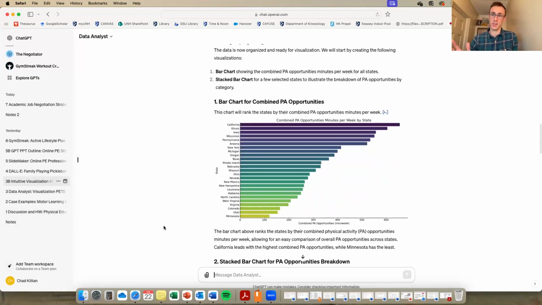That's interesting to me. That looks like something that could be in a journal at some point. This is PA opportunities across 25 states, color coded. So California has the most, Minnesota has the least. If we can get that data on a map, which requires a few extra steps that I didn't complete, that's even cooler. So those are different data analysis and visualization tasks that are possible.